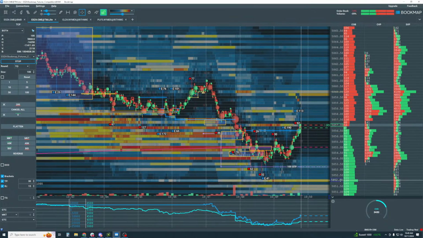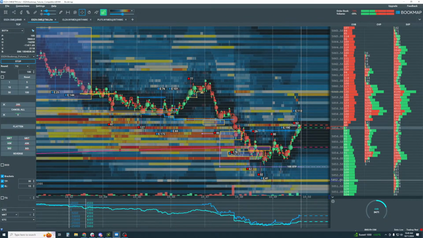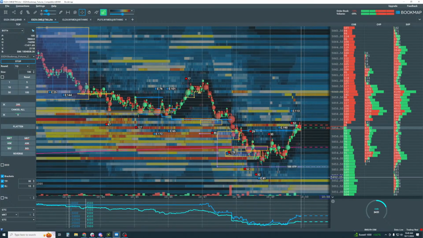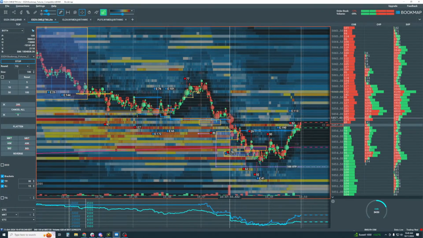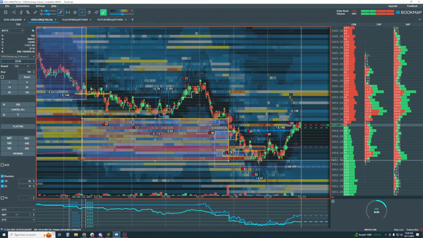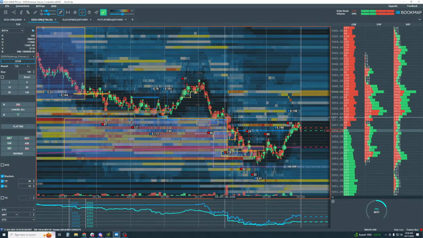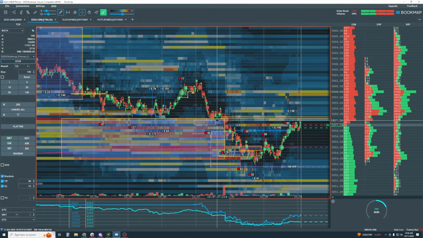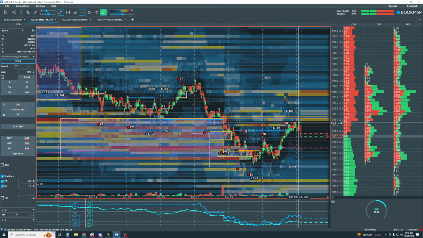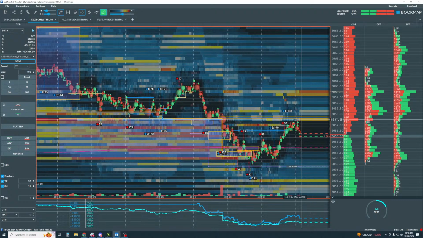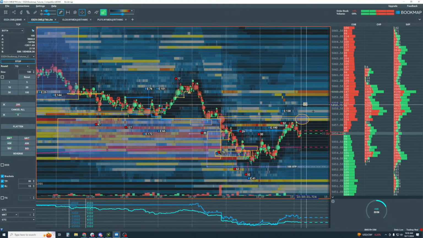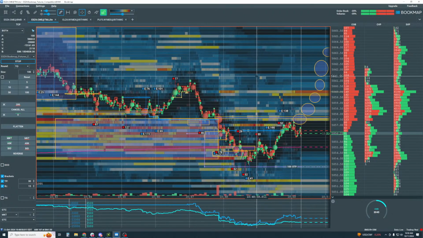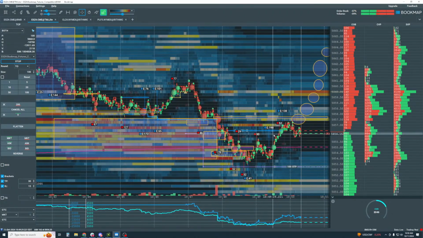We're getting a reaction off that VWAP in here. Let's see if we can get more aggressors to come in now. So let's take a look at this here in the order flow. All of these limit buy orders in here, that is demand. That's the passive demand. Now we're looking for the aggressive demand, right? And that's going to be the market buy orders in here. That's what we're looking for, and for them to take price higher.